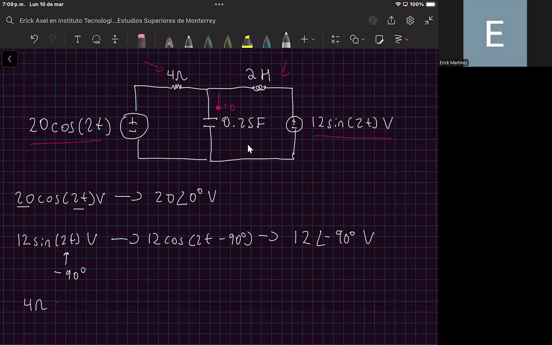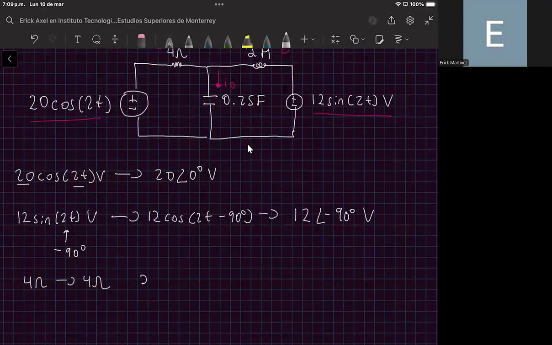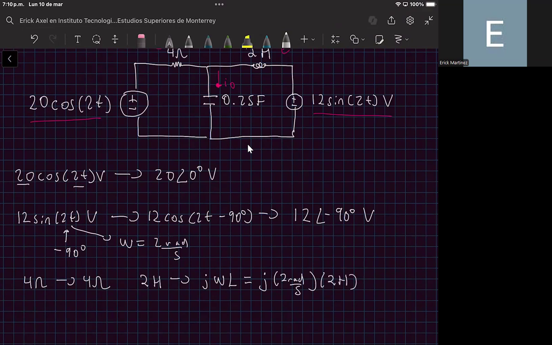So we have 4 ohms, and this is 4 ohms in the frequency domain. We have the 2 henry capacitor, sorry, inductor, and the impedance of the inductor is j times omega times L, and this is equal to j times omega, that in this case is 2 radians per second. Remember that omega is this value, okay? So omega is 2 radians per second, and L is the value of the inductor, that in this case is 2 henries. So this is equal to 4j ohms,